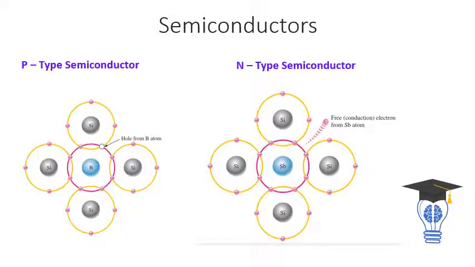Similarly, in n-type semiconductors, all the electrons are covalently bonded with silicon atoms, and 1 free electron is unfilled, not bonded with any of the outermost electrons of silicon. So 1 is left free, and this free electron is responsible for the flow of current. Hence, electrons are the majority carriers in n-type semiconductors.